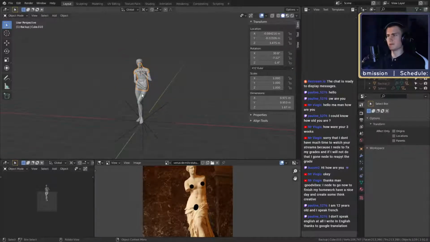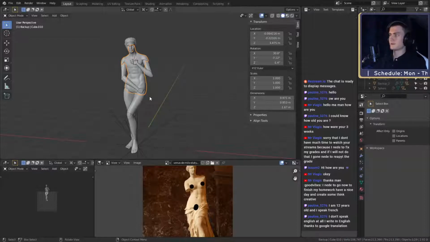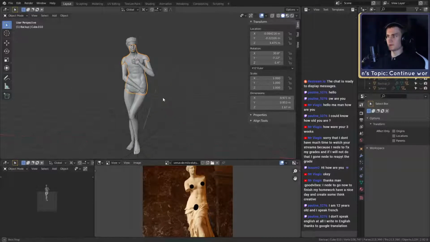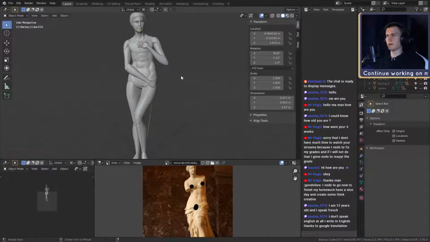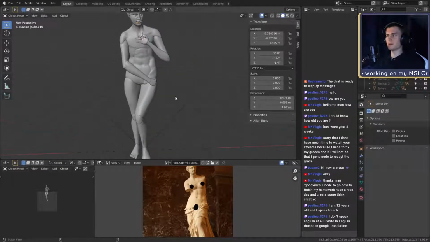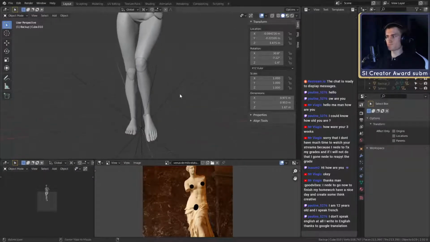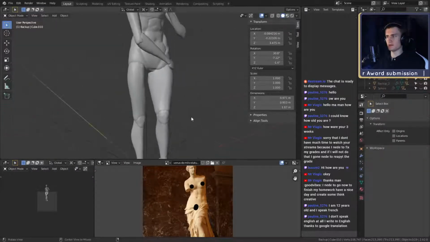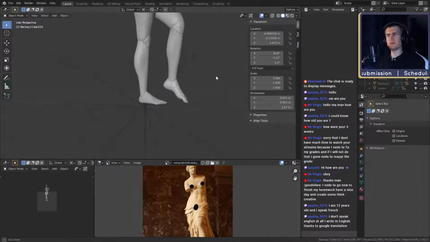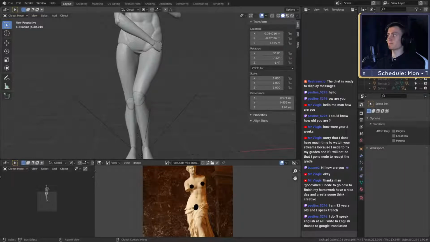Oh, actually, I think I'm going to combine a few things in here. So I'm not going to go to sculpting just yet. Okay, hold on. So let's see, what do we want to combine here? Probably the arms. I'm probably going to combine the arms, then the fingers to the hand, and then maybe the legs, combining that maybe with the feet. I'm not quite sure yet. Maybe not.